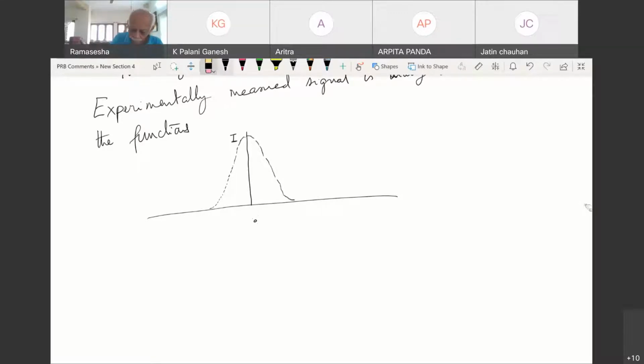So let me call this v1 and u1 and this function f of u1. Okay, and if the input intensity is going to be spread out over